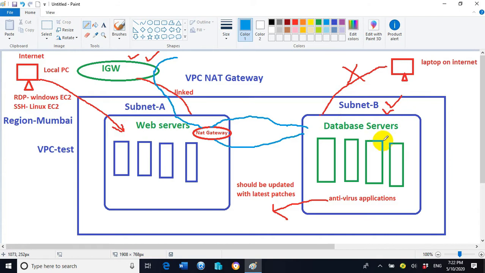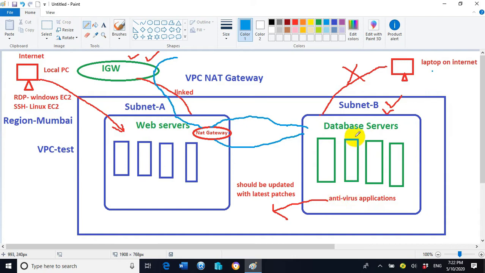But these EC2 instances or database servers still cannot be accessed from an RDP connection or SSH connection from a local laptop located on the internet, right?